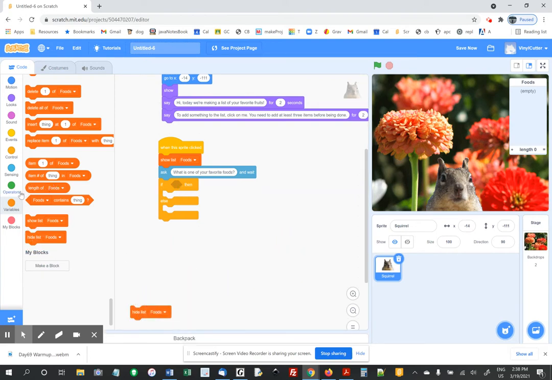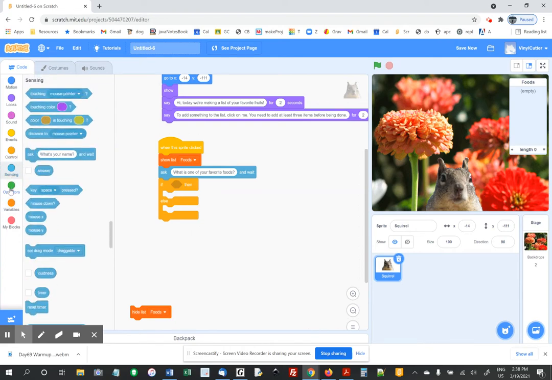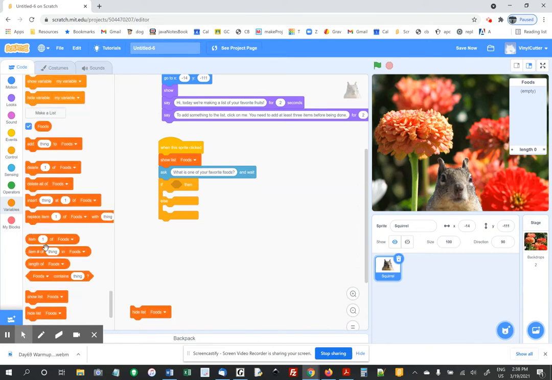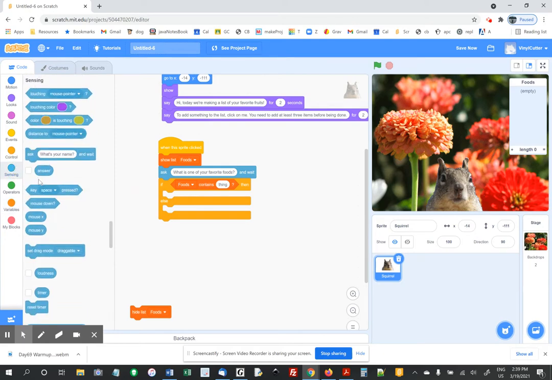And we're going to check if, let's see, it's under variables. We're going to check if foods contains the thing. We're going to check if it already has what the user entered. So remember that what the user entered is in this thing called answer. So what's one of your favorite foods? And then if foods contains answer, then